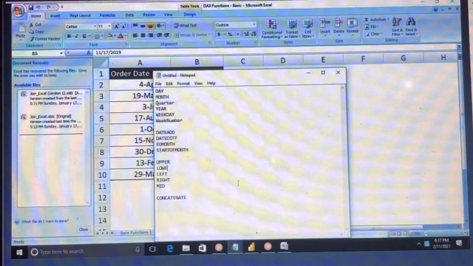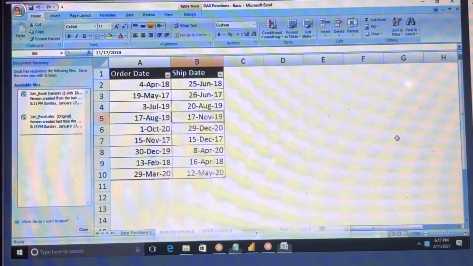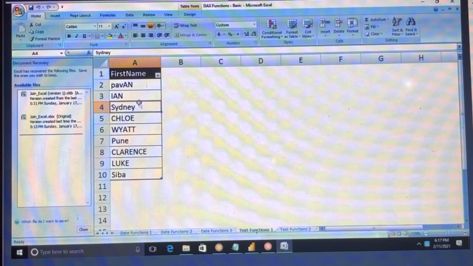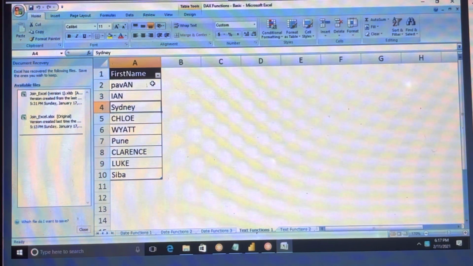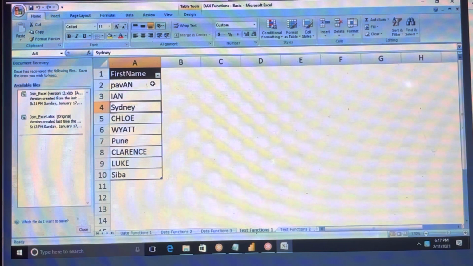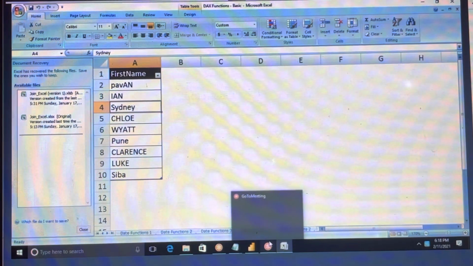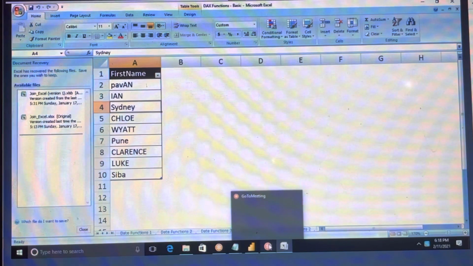Okay, and then later we have seen uppercase and lowercase, the text functions. We have all this zigzag data, which is not in proper case format. If you want all uppercase, we have to use the UPPER DAX function. If you want lowercase, use LOWER. If you want to take the first 2 letters from the text, we have LEFT. And if you want the right 2 letters, there is a RIGHT function. And if you want something in between the text, you can use MID. Already we have seen, right? You need to mention the starting position, and from that how many characters you want.